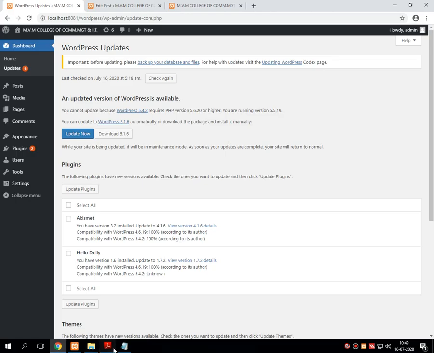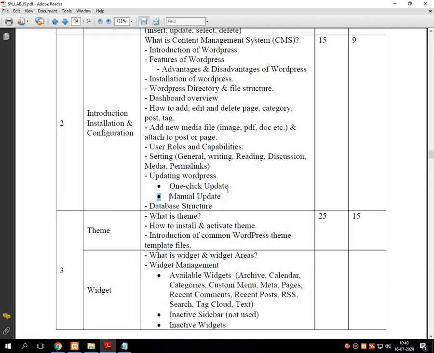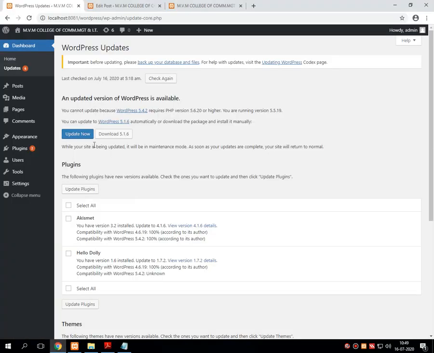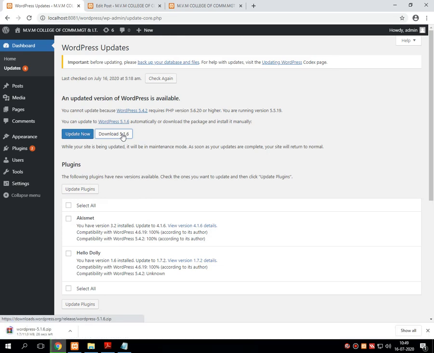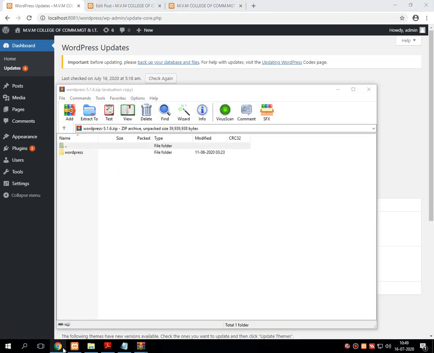And the second one is manual update. Manual update means first we need to download the latest version. Whenever you click on download the new version, that is download 5.1.6, automatically one zip file will be downloaded from the official website of WordPress.